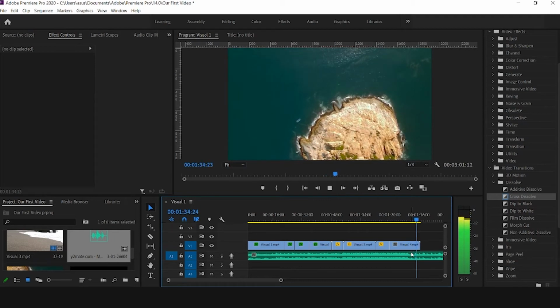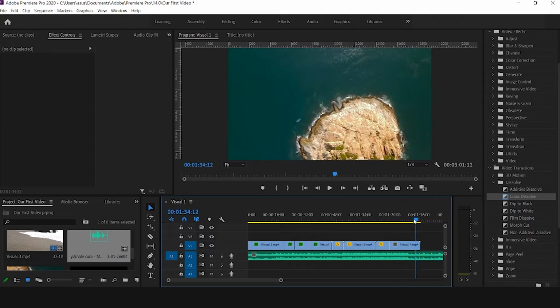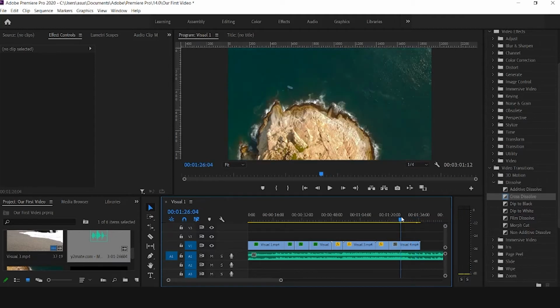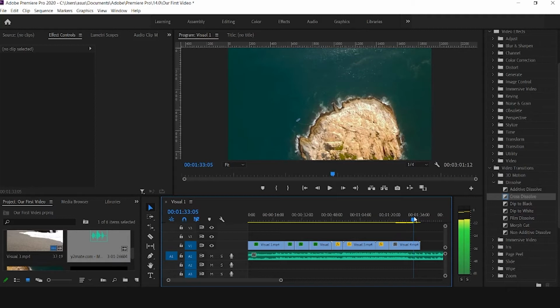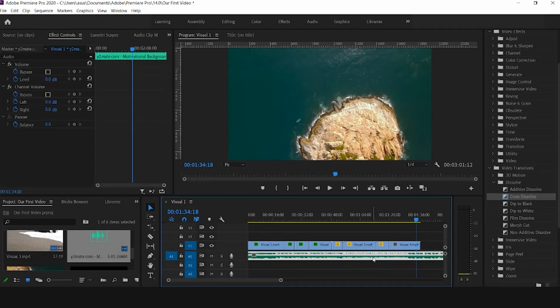And here we have the end of the video, and for the end we can plan out something like text writing up over here, or some kind of an effect, or just the usual fade out process. So what I plan is that we can fade out the audio as well as the video at the same time, and for fading out the audio, what we can do is click on the audio,